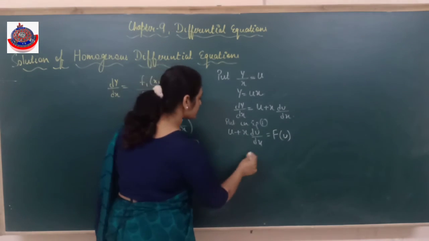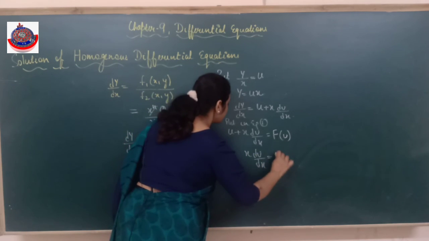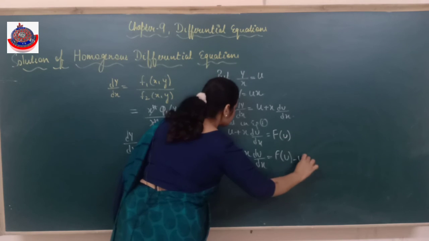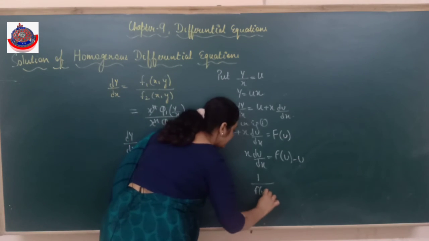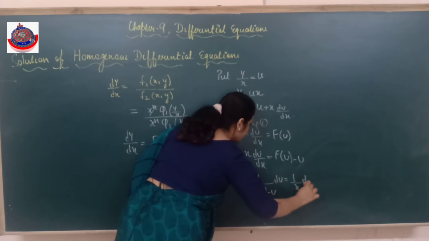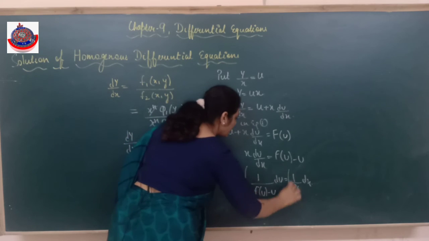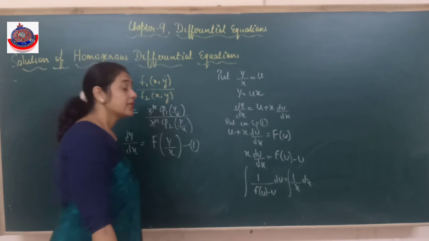So उसके बाद क्या प्रोसेस होता है? I told you variable separable is the base for everything. I'll collect all the terms containing u on one side. अब सारी u वाली term du के साथ आएंगी. x वाली term dx के साथ आएंगी and then we are going to integrate and then that would be the answer. Is it clear? That would be the answer.